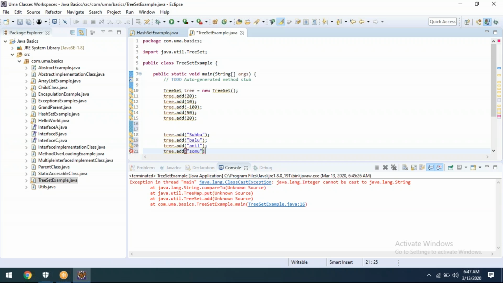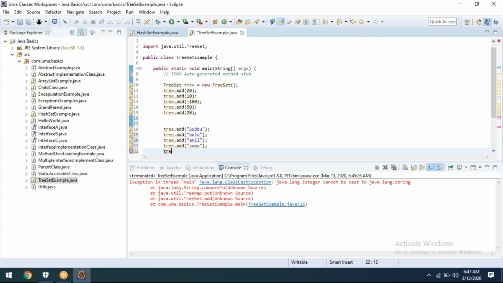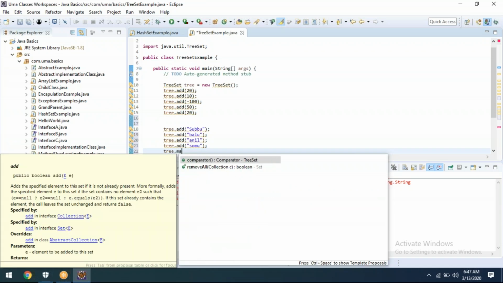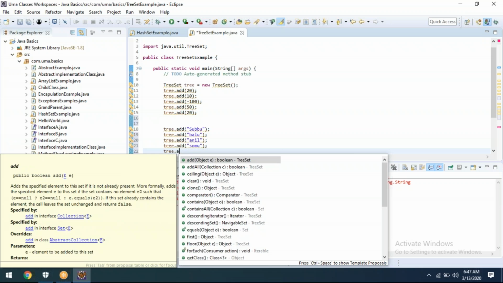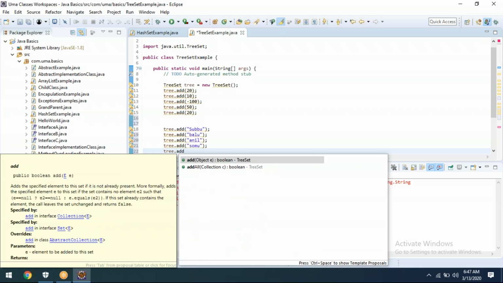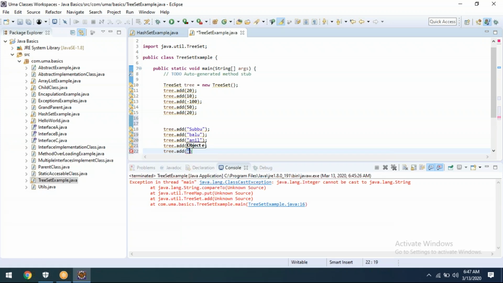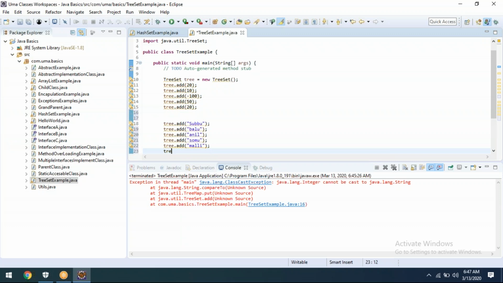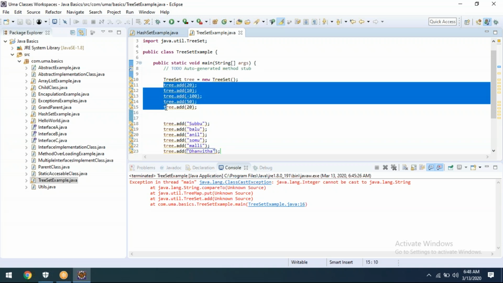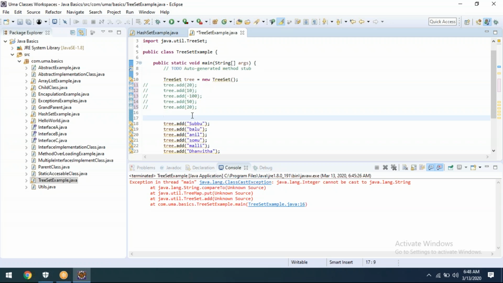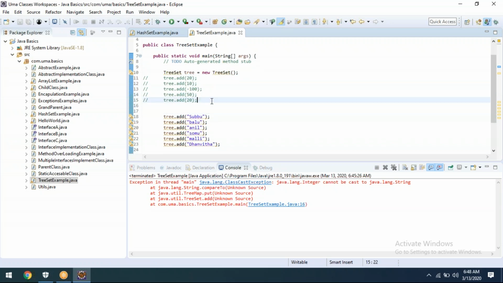I'm adding a few more strings, like tree.add of and so on. Now let me comment these things out and add them.